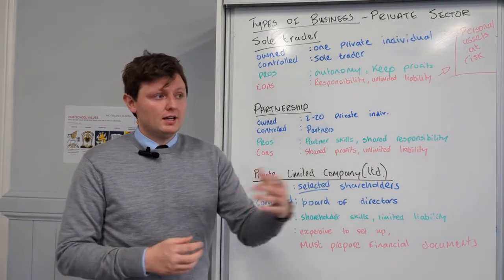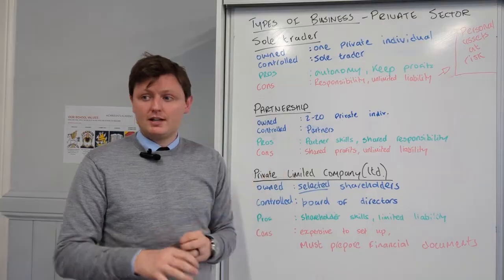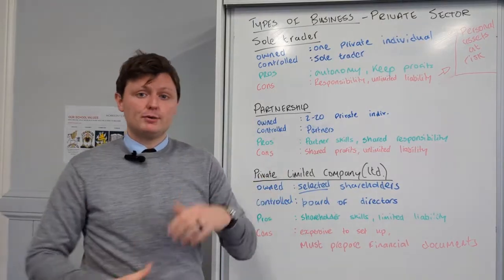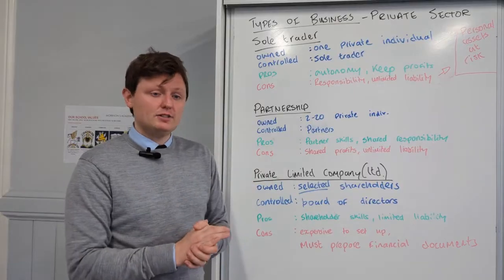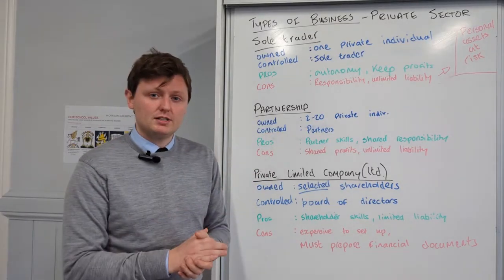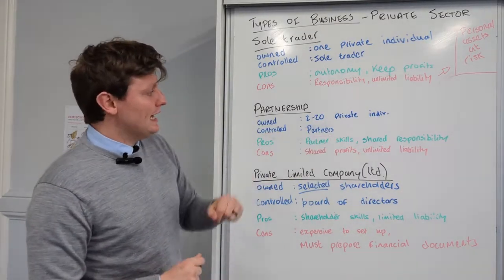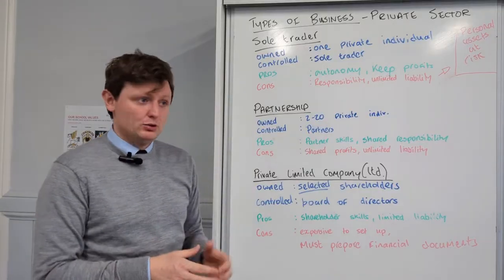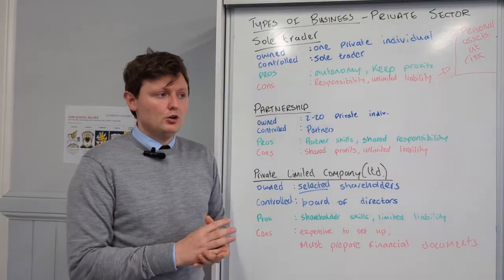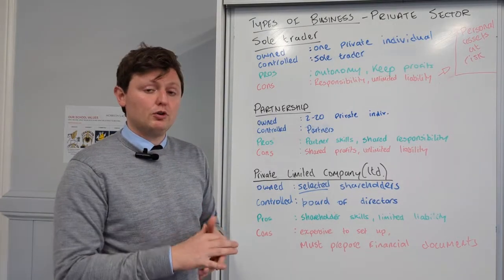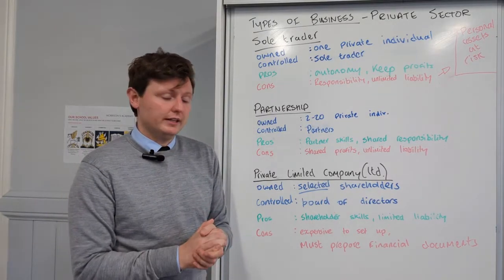So whilst one partner may have a strength in marketing and a weakness in finance, well, fortunately, we have another partner who's a financial expert. And so we get to bring all these different skills together from our different partners to make a more successful business overall. And secondly, we have that shared responsibility. So if one partner wants to go on holiday for 2 weeks, it's fine. We have other partners who can step up and do a little bit more for those 2 weeks to make sure the business runs smoothly.